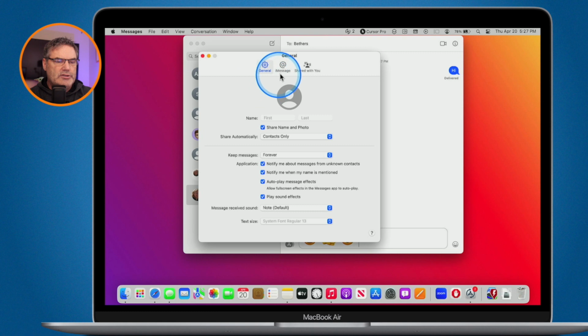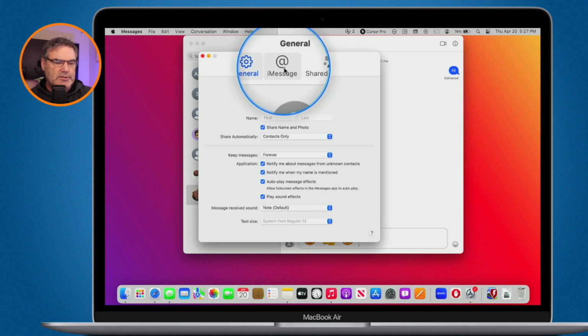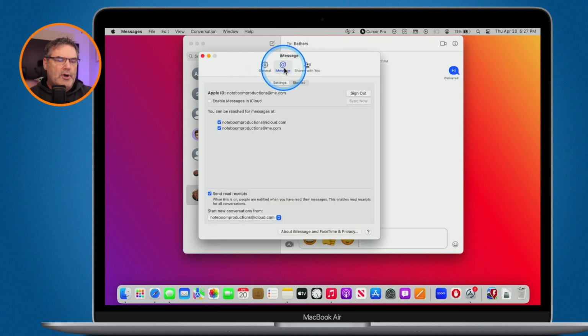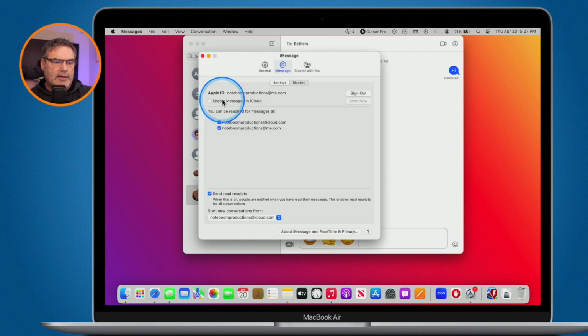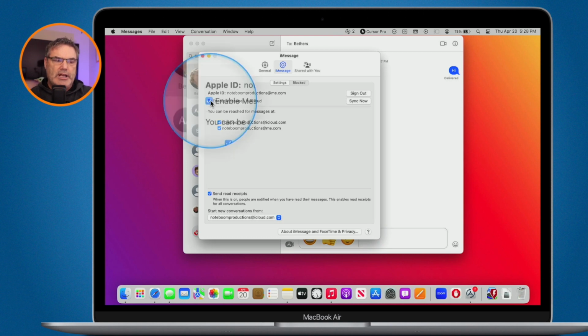And then from here, we need to go to iMessage. Apple even uses iMessage. What we want to do is make sure we enable Messages in the Cloud. Mine is not enabled, so mine are not going to keep in sync. These messages on the iPhone or on my Mac are not going to go over to iCloud. So I'm going to turn that on. Now it's going to keep everything in sync, at least on my Mac. It'll keep it in the cloud. So that's the first step: enable Messages in iCloud.